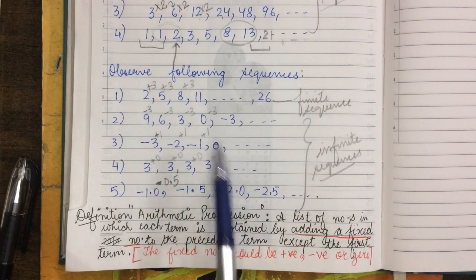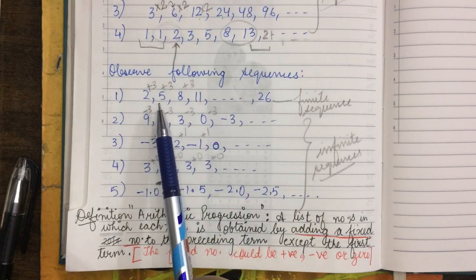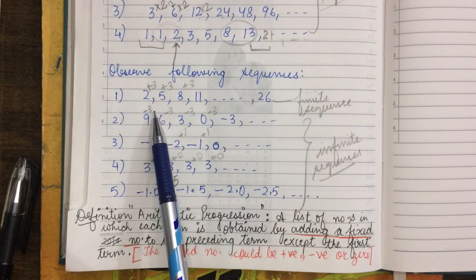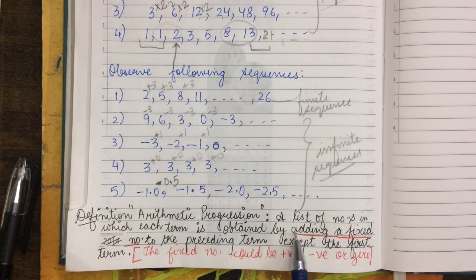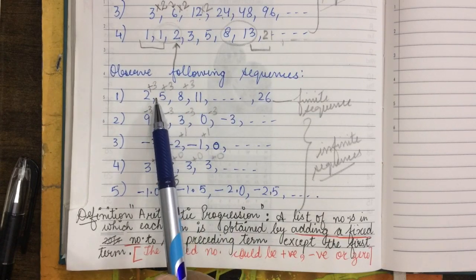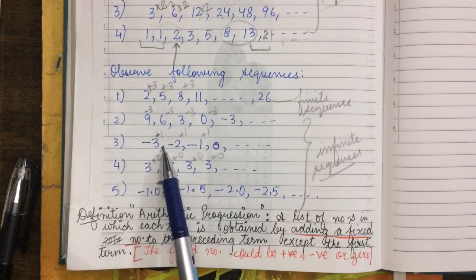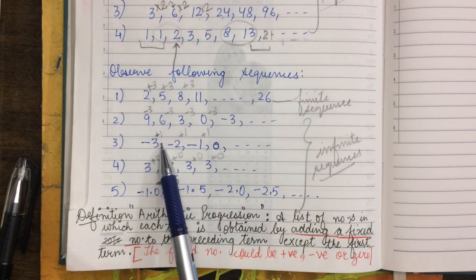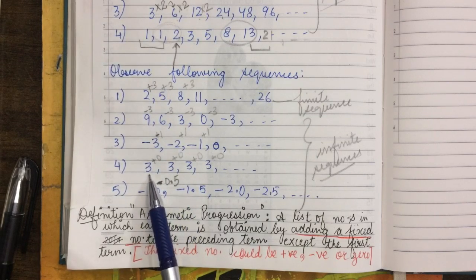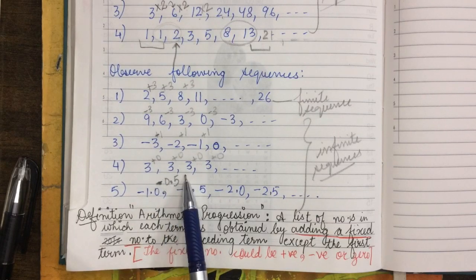So if you look at these sequences, you will see that every time we want to get the next number, there has been a number which has been added or subtracted. Now, if it's addition, then it's fine. It goes by the definition, adding a fixed number. So sequence 1 is a sequence in which 3 is added to the previous term and we get the next term. Looking at sequence number 3, if we add 1 to the previous term, we get the next term. Looking at the fourth sequence, nothing is being added, so we could say we are adding 0.